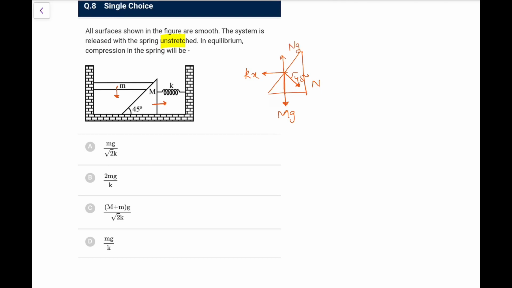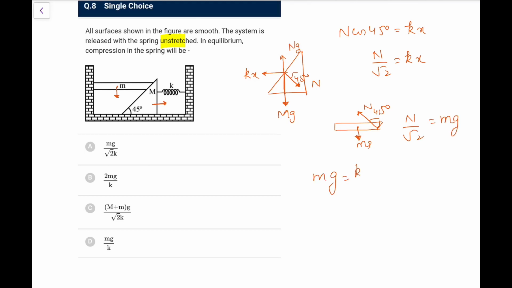So you can directly make out this horizontal equilibrium condition says N cos 45 should be equal to Kx, or N by root 2 should be equal to Kx. Now what is the value of N? For that I draw the FBD of this m. So for this m, what I have, this will be the normal and this will be its mg. So for the equilibrium, again all angles are 45, so no issue. What I can directly make out, N by root 2 would be equal to mg. So going by that, mg should be equal to Kx, so x should be equal to mg by k. So again, it was not that tough, which the figure was giving the feel. You can easily make it out.